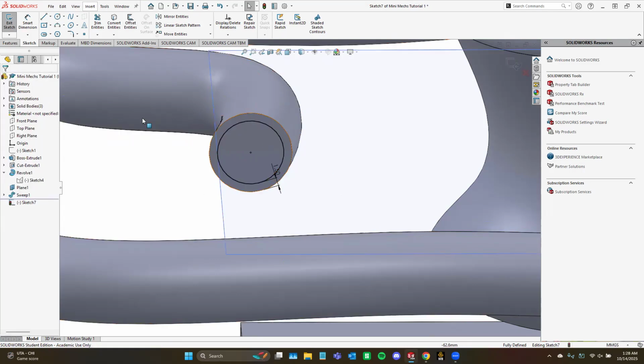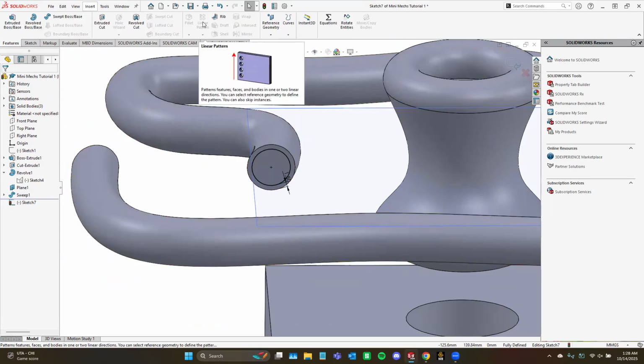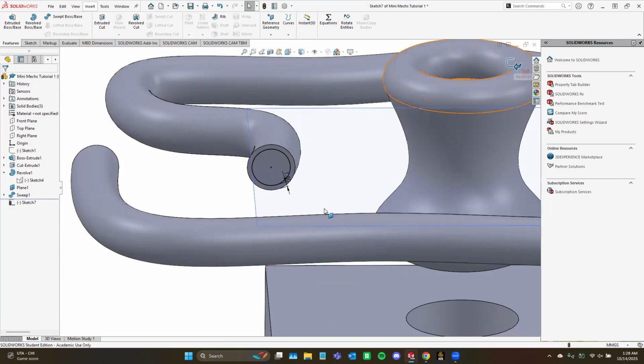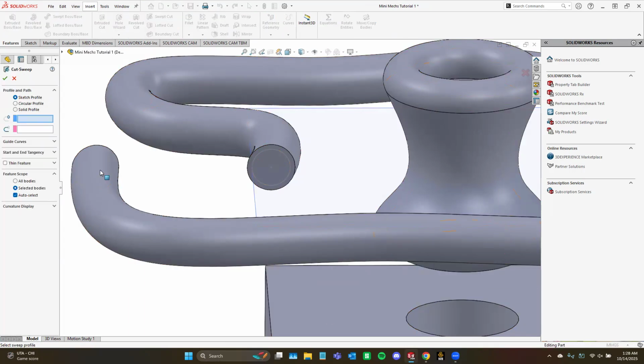We have ourselves our second profile now. We can go right into, well, except exit the sketch, but we have a profile for cutting the tube now. So we're just going to click on swept cut. We're going to find the profile we want, which is going to be this, and the path. To find the path, we can go to this drop-down menu. It's all the different